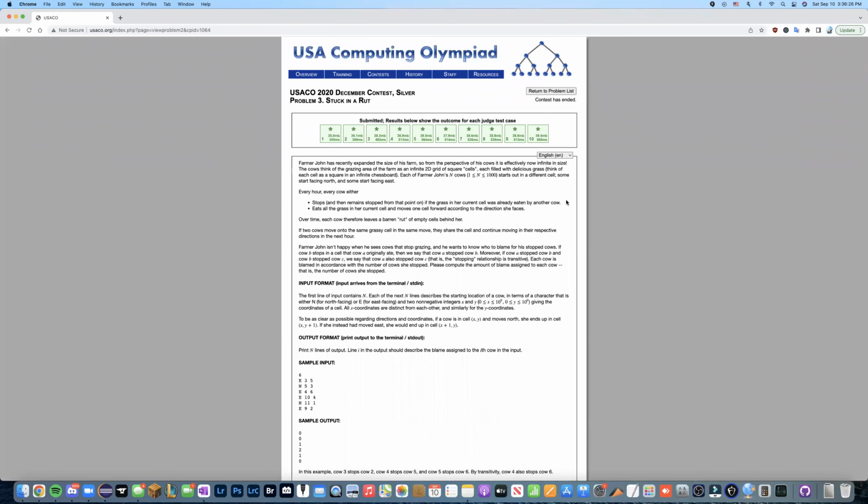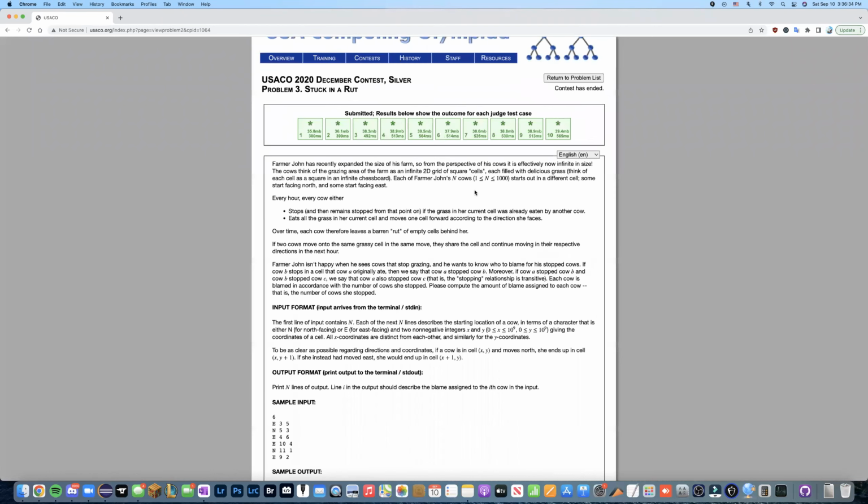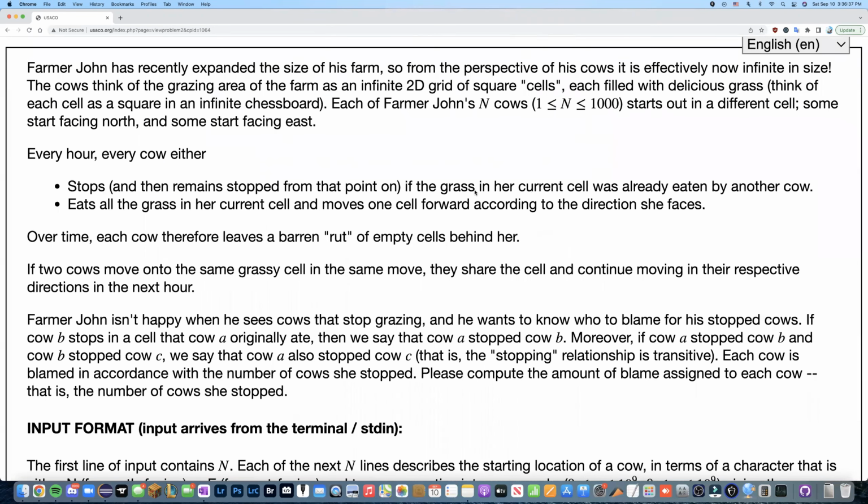Hello, this is USACO 2020 December Contest Silver, Stuck in a Rut. I will first explain the problem, then I will show you how to do it. Farmer John has recently expanded the size of his farm, so from the perspective of his cows, it is effectively